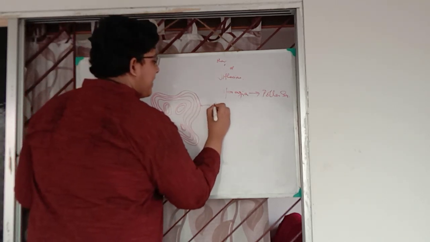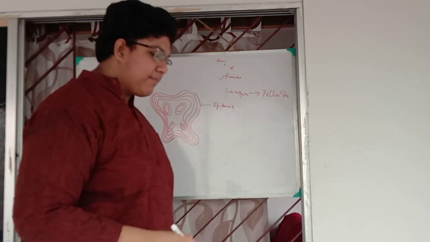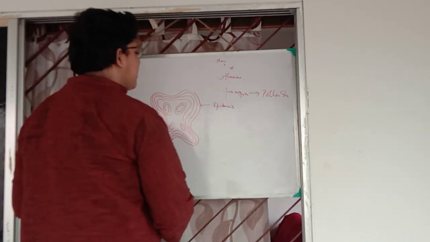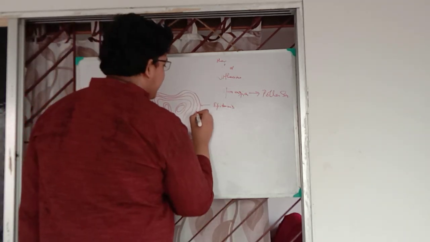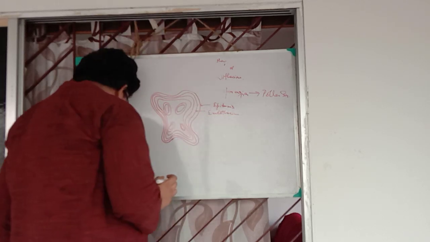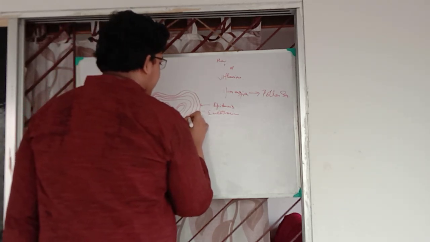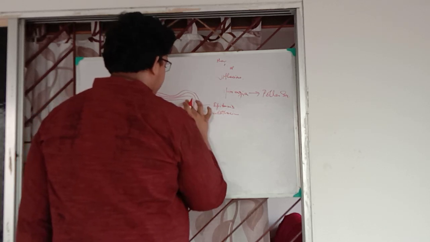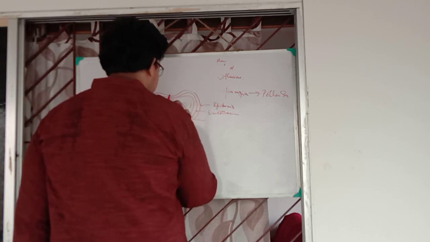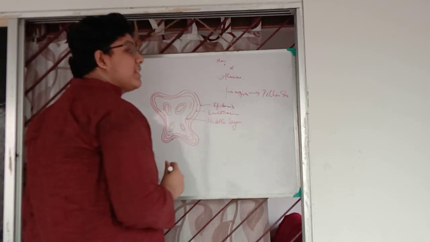This is epidermis. As you know, even in the skin, the epidermis has a role of protection. So here also the epidermis has a role in protection. Next is endothecium. Endothecium also helps in protection. Next is the middle layer. I have drawn an extra coloring. This is the middle layer. The middle layer is involved in the dehiscence of anther.